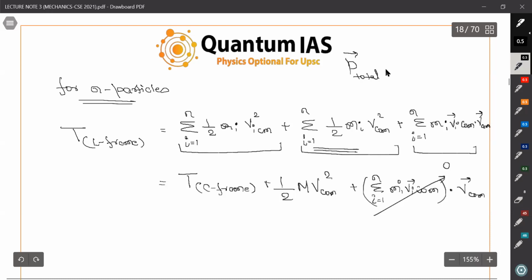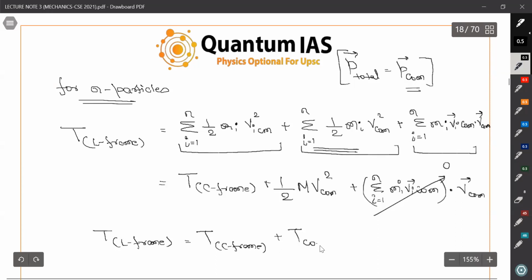P total is equal to P center of mass. We have already discussed that P center of mass in the center of mass frame is 0, so this turns out to be 0. So we can write that T in the L frame is equal to T in the C frame. This was T of center of mass. So you can use this also